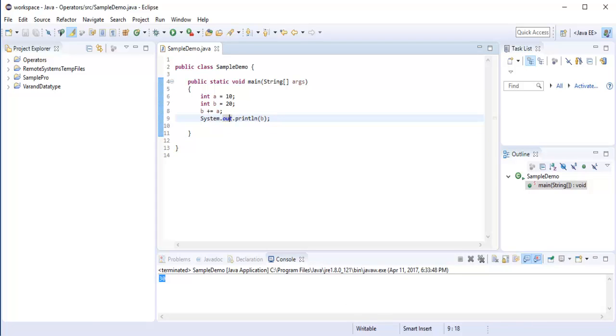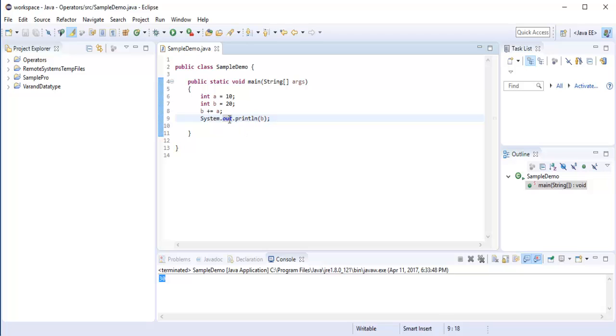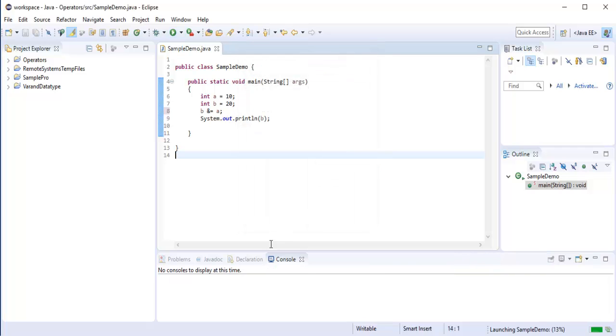Similarly, we have it for addition, subtraction, multiplication, division, and modulus also. You can try with these things. Let me show you for the bitwise and operator as well. Let me use this and operator and check what output it's going to result in.